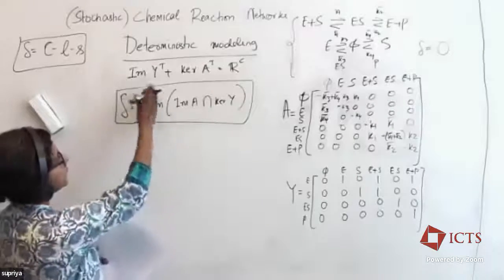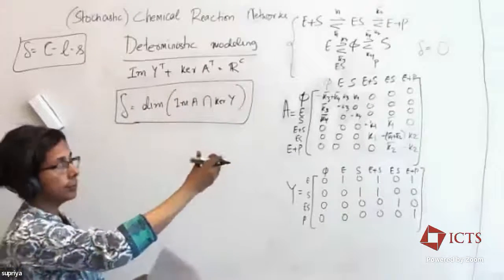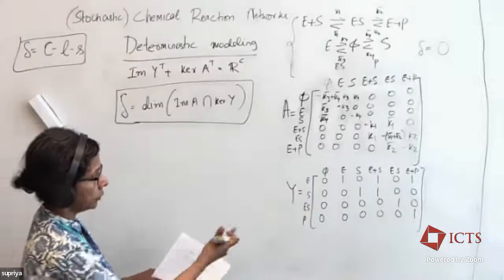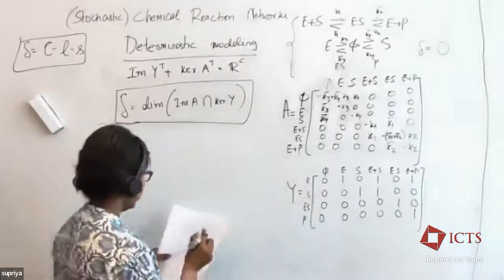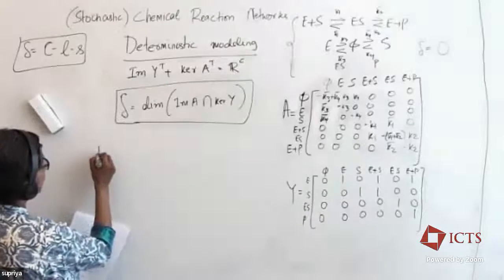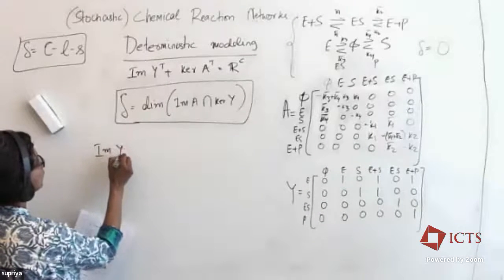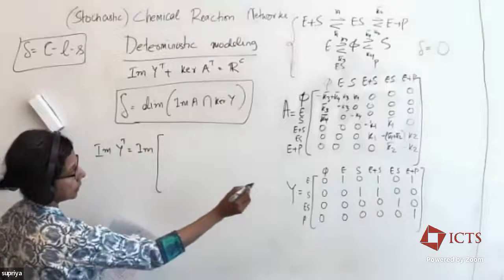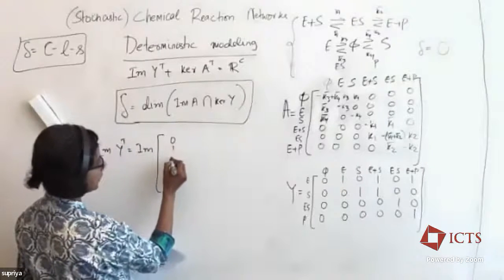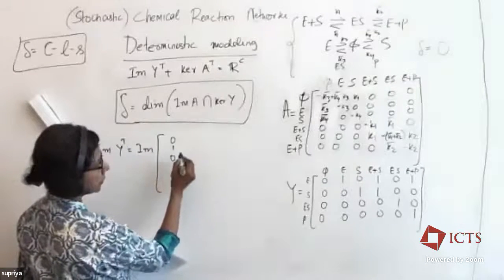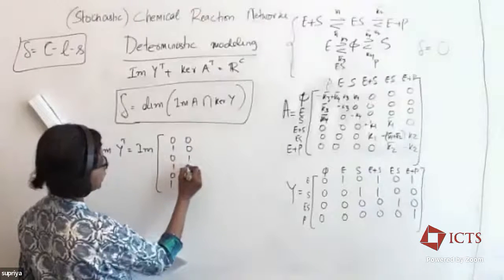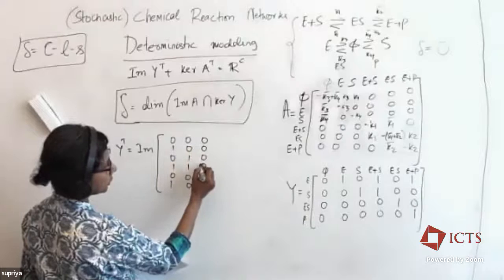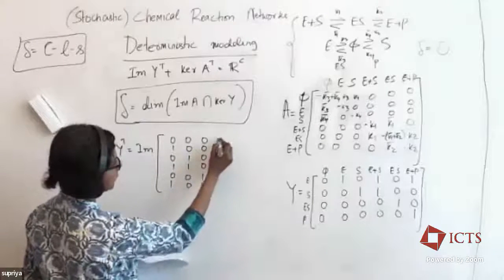So let's just work this out, very fast, for our little example here. What was Y transpose? I should do the transpose of this thing, right? Image of Y transpose means that I'm talking of the image of this matrix. 0, 1, 0, 1, 0, 1. 0, 0, 1, 1, 0, 0. 0, 0, 0, 1, 0, and then